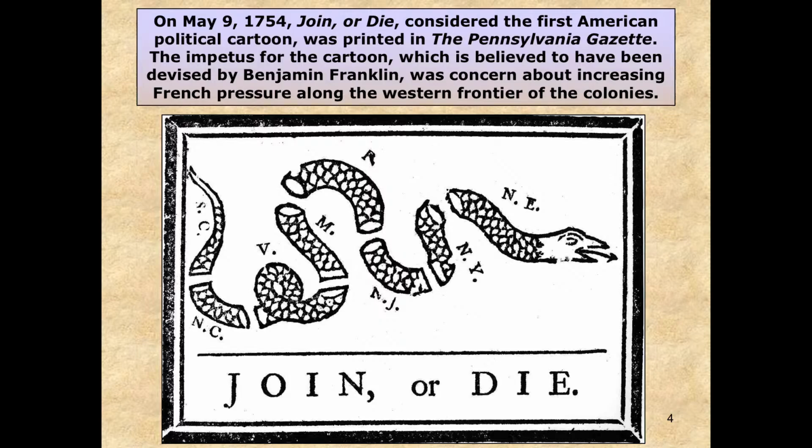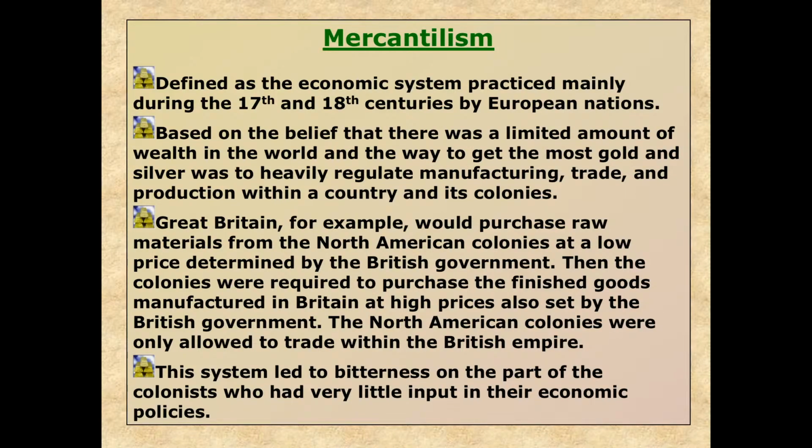So some of this is going to seem like review from colonial history. Granted, some of these things were happening throughout the 1600s and early 1700s. But then some of the other long-term causes will be primarily a 1700s kind of thing. So let's go ahead and go on this journey and check out the long-term causes of the American Revolution. So here we go. Yeah, we can't escape this one, guys.